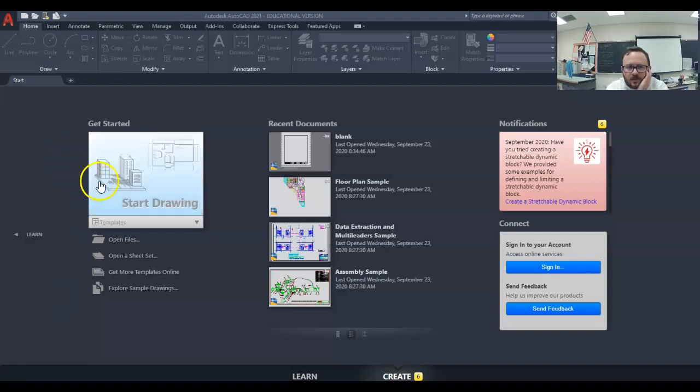So, how to set up your title block. Alright, first thing I did is I opened Autodesk AutoCAD 2021. Alright, you'll come up to a screen similar to this. You might have a pop-up above. If you click the X in the pop-up or OK in the bottom right corner, you should get to a screen